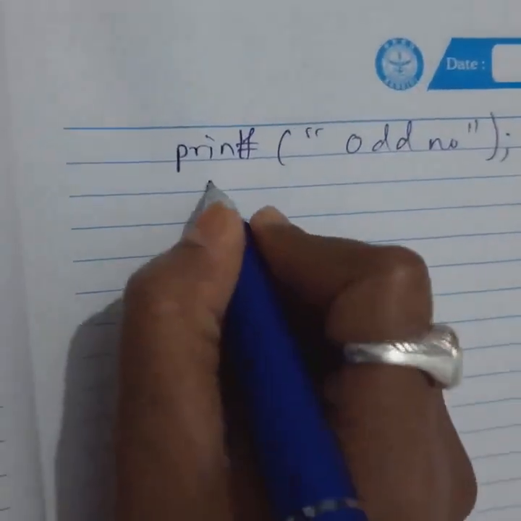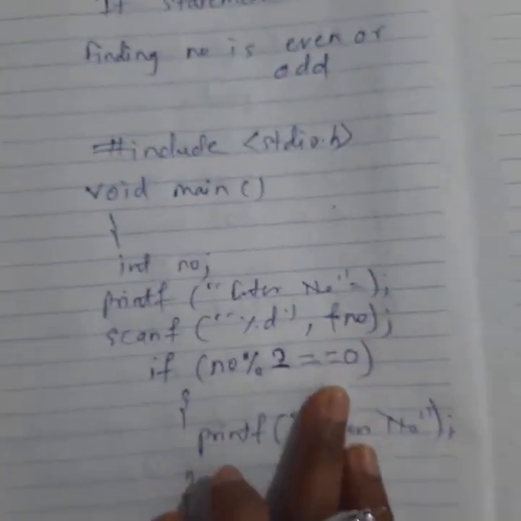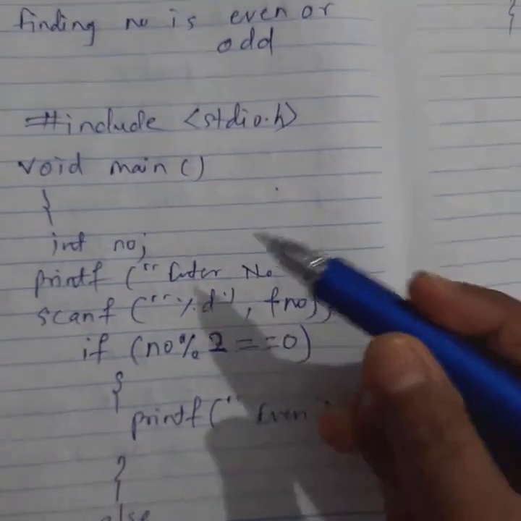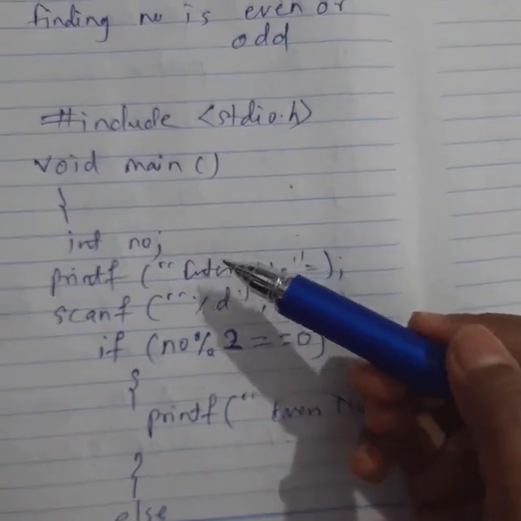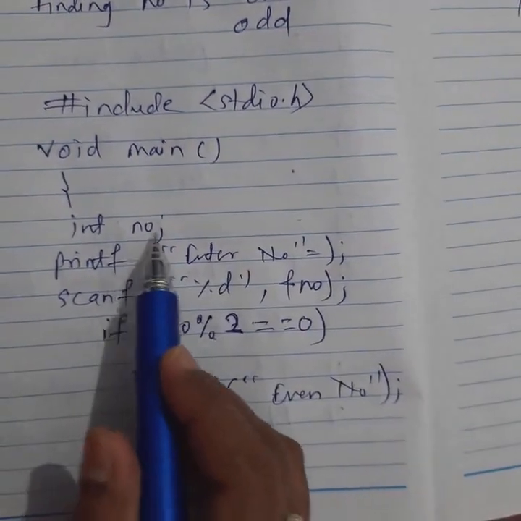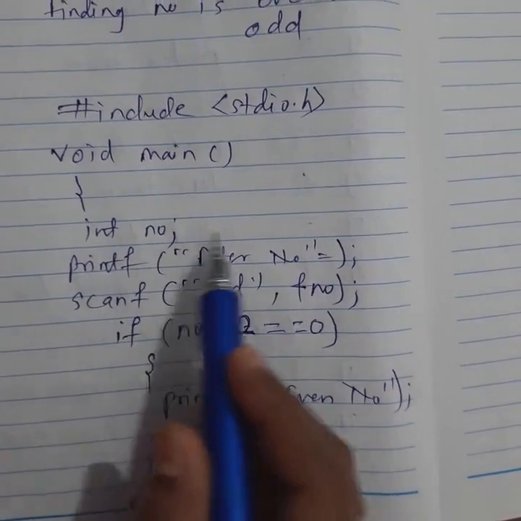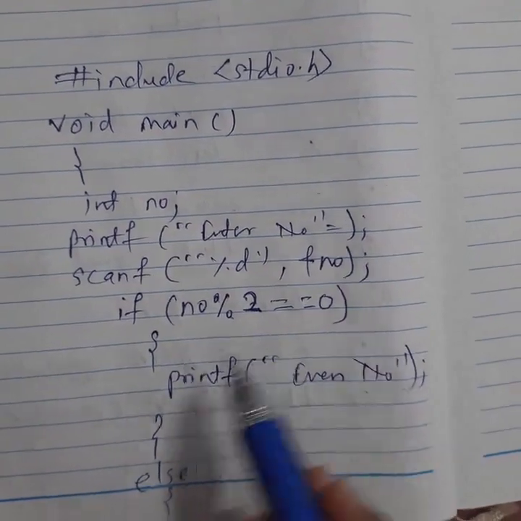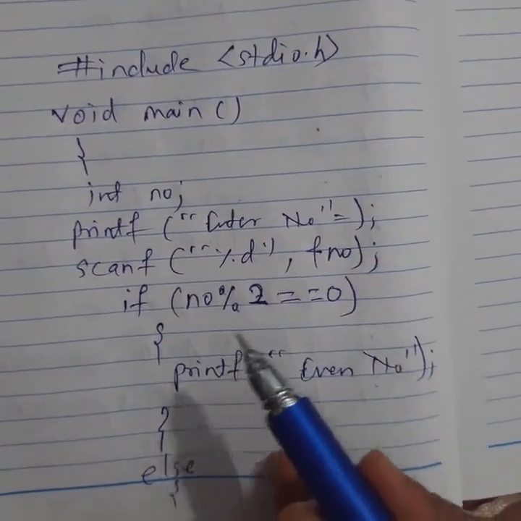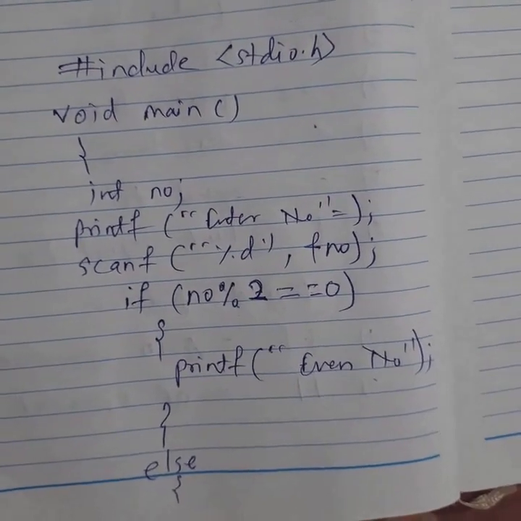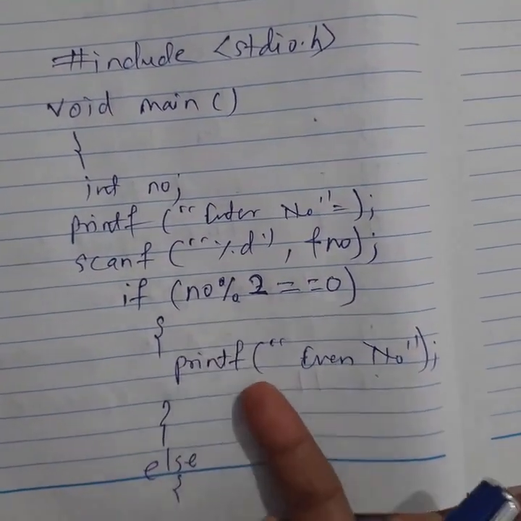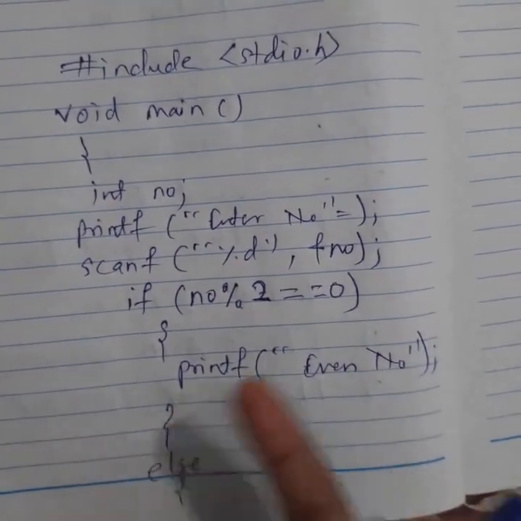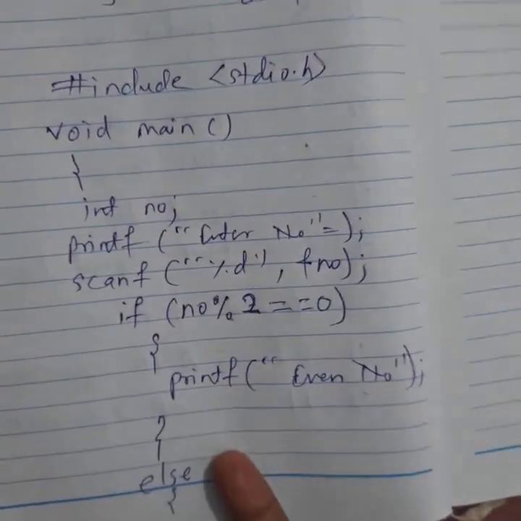Okay, you understand how to write a program to find whether a number is even or odd. You can write other programs too, such as whether an entered student passes or fails. Then you enter subject names and subject marks in integer format, calculate total marks, and calculate average. Write the condition: if the student's marks are greater than or equal to 35, the student passes, and below 35 the student fails. Like this you can write other programs.